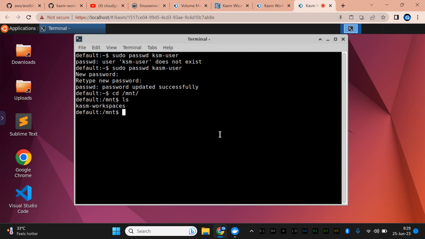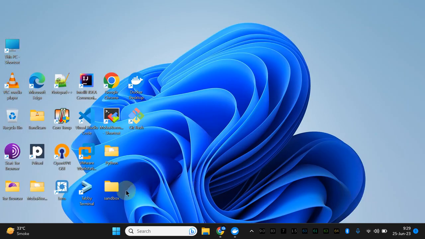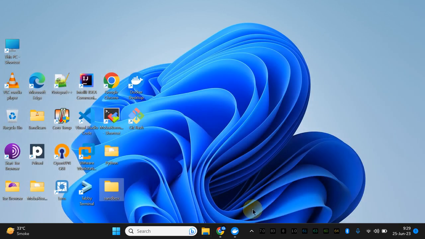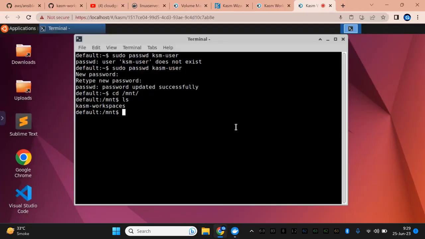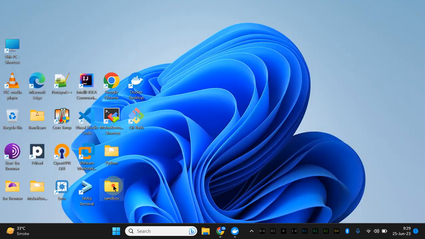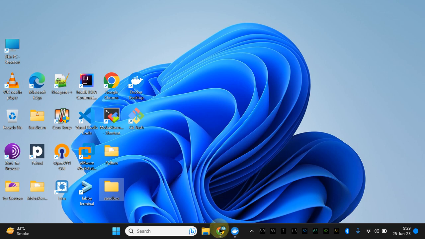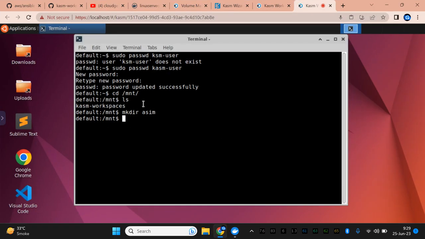host machine. Kasm Workspaces is actually the directory which I've cloned, which is this one. Let me show you this part. So this is the sandbox, and this is the clone of my directory. What I'm going to do, simply from this workspace, I'm going to create a directory here, ASIM, right? And if I scroll back, you will see that one directory is available. You see ASIM. And if I open VS Code here,